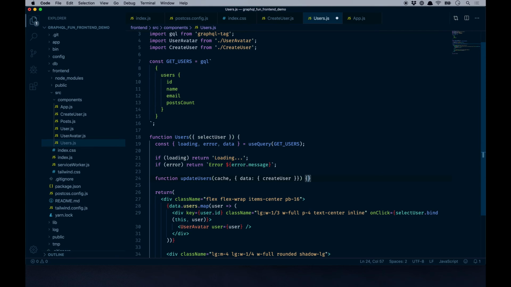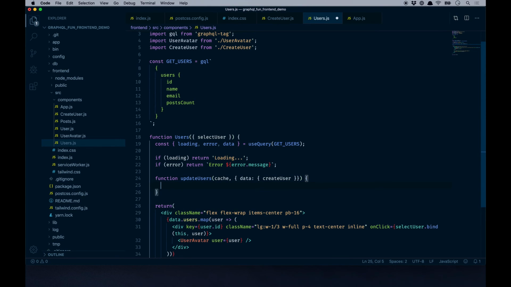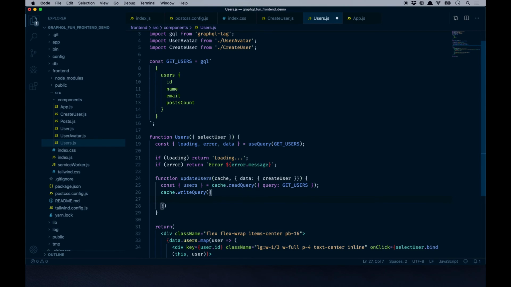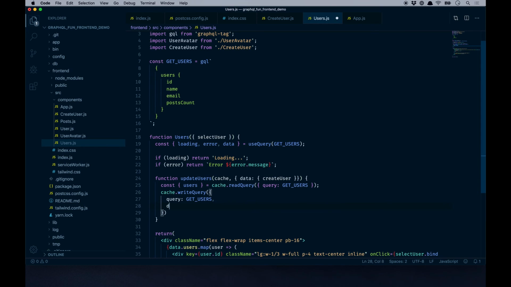And outside of that, we'll create an opening function, say users equals cache.readQuery. This is how we're going to actually read the GraphQL query that comes back once a user is created, all at the same time. Query getUsers and rehydrate the users listing and cache it as well. So writeQuery, and inside that will be an object with the query of getUsers, and then the data will be